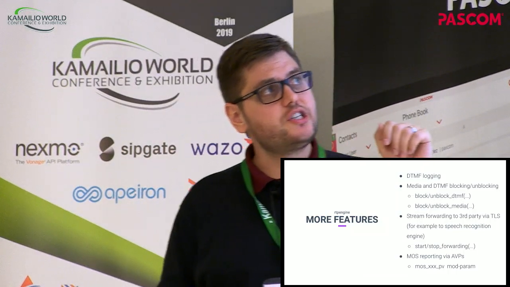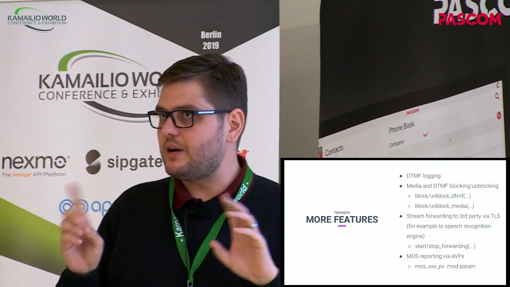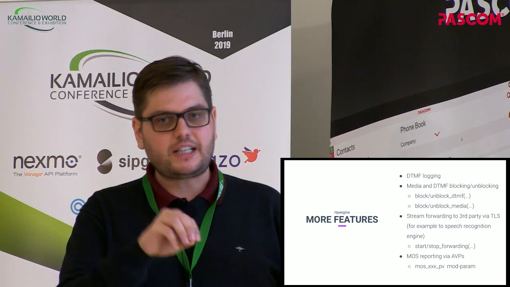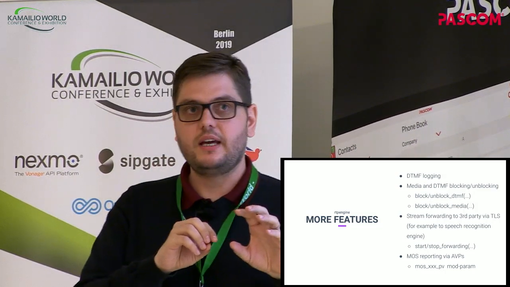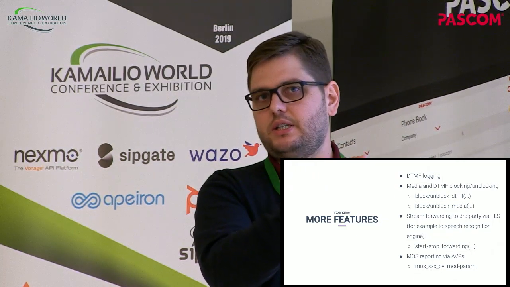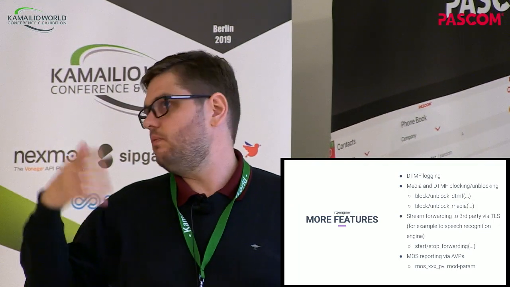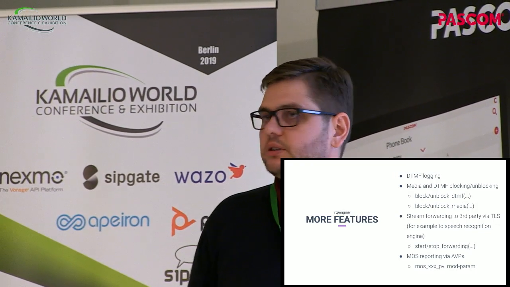But what you can also do is start blocking media and DTMF individually, in a similar way as you do with play media. So you can instruct RTPEngine, again with the call ID and the from tag, to say, you know what, for the duration of this, I'm going to block forwarding of the stream from A to RTPEngine. And also block, for instance, DTMF traffic from this peer for various reasons you might have, like muting persons.